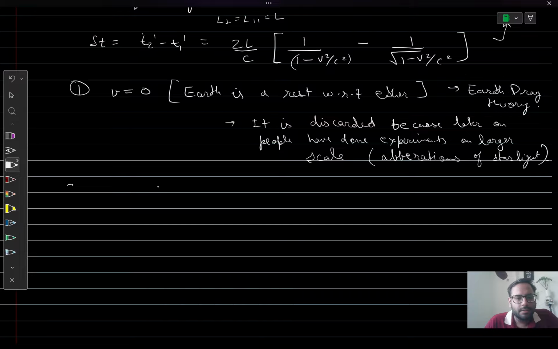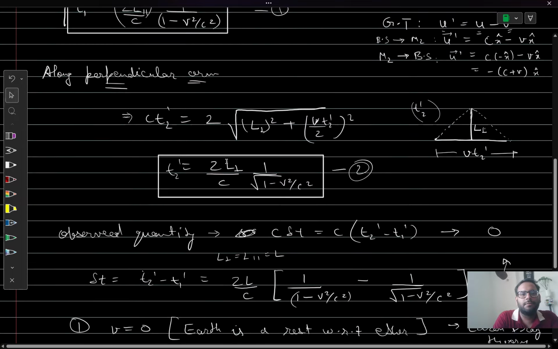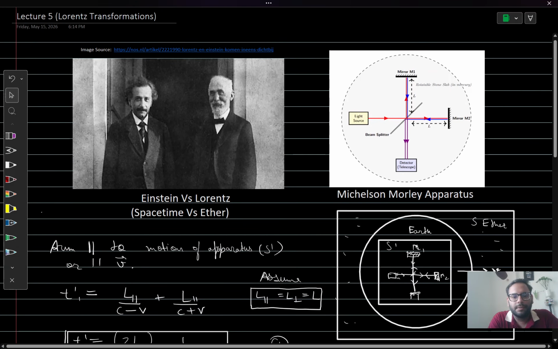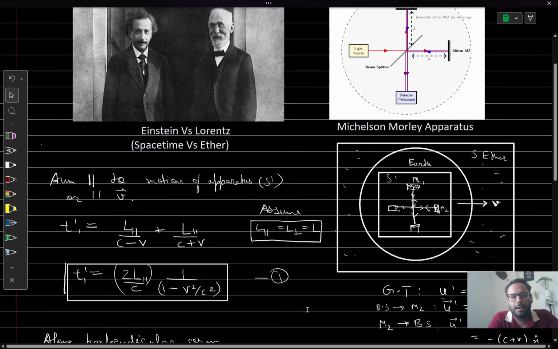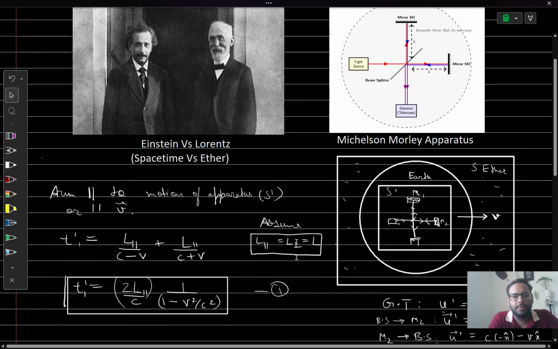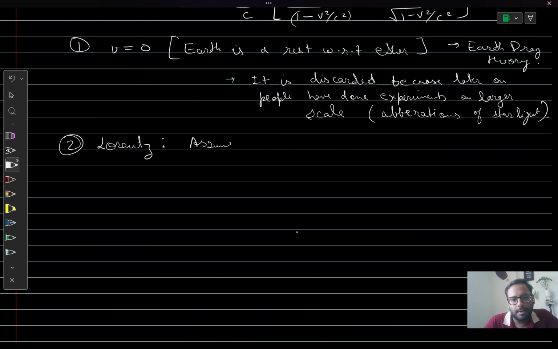Now secondly, Lorentz. Here I have mentioned Einstein versus Lorentz because they both gave explanations that are theoretically correct. So what was the explanation of Lorentz? Lorentz said, let's assume that